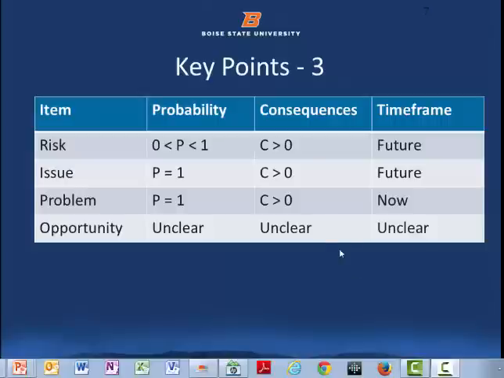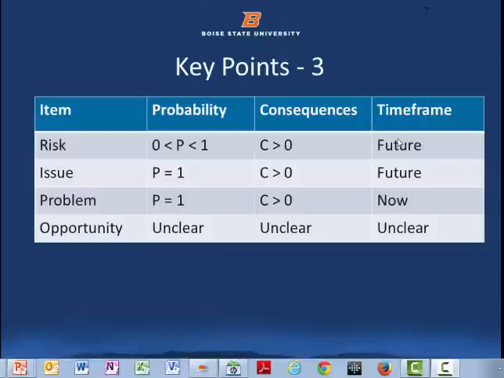This to me is the key chart as we look at risk introduction. We always talk about risk, issue, and problem. And we tend to use those kind of interchangeably at times. And I think it's really important because as we look not just in project management, but all areas, we understand these terms. And we look first at risk, where we have a probability. And that probability is greater than 0, but less than 1. So there's some probability. And the consequences are greater than 0. Something could happen. And we need to understand that. And the time frame is the future. So when we talk about risk, or we add to the risk register, those are items that have a probability, that have a consequence greater than 0, are in the future.